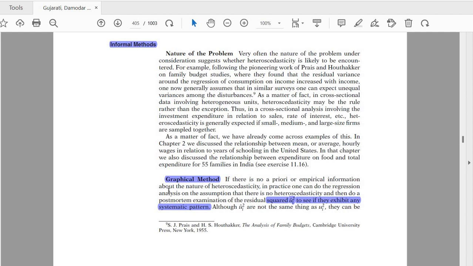If there is no empirical information about the nature of heteroscedasticity, मतलब अगर आपको variance of ui मालूम ना हो, you do not know about the variance, in practice one can do the regression under the assumption that there is no heteroscedasticity, and then do the post-mortem examination of the residual squares ui hat to see if they exhibit any systematic pattern. तो ui hat square अगर कोई systematic pattern show करते हैं तो वो presence of heteroscedasticity को show करता है। अगर वो systematic pattern show नहीं करते तो इसका मतलब है heteroscedasticity problem नहीं है।